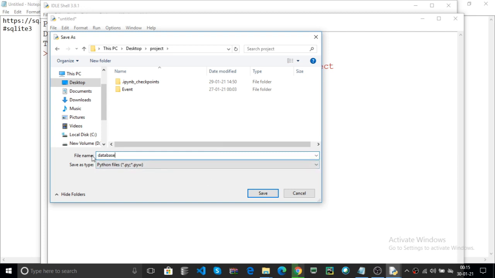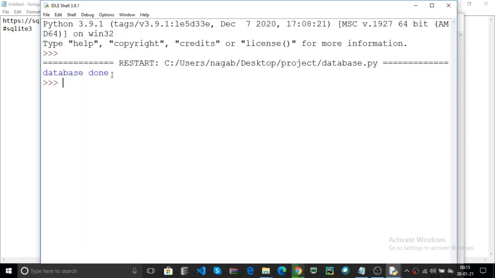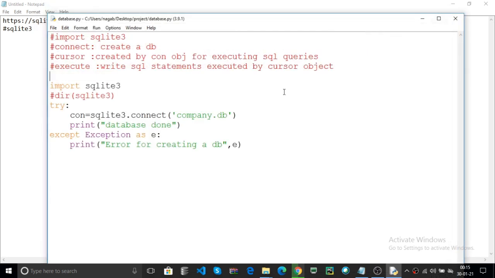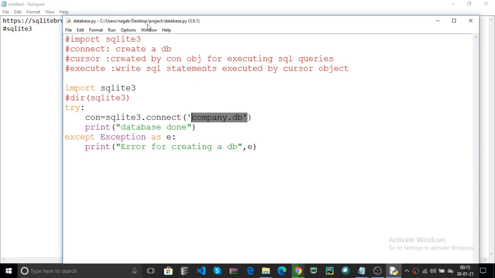The file name is database. Click on Save. Now click on Run Module, or you can directly use F5. Here the database is done. Now after creating the database, you can check that company.db is created on the desktop, in the project folder.